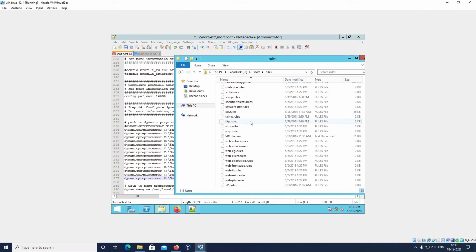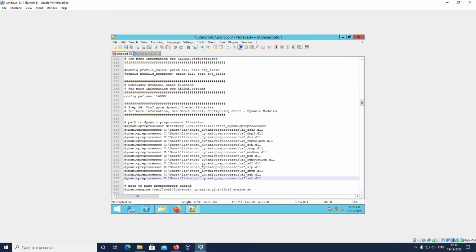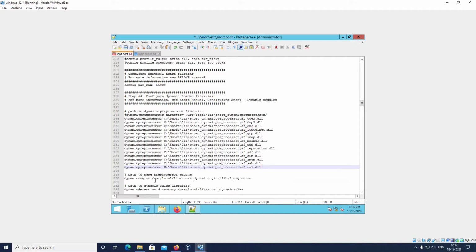Depending on this, we will add these particular lines. This will be provided to you also, so you can directly copy paste it, or you can manually write these things.